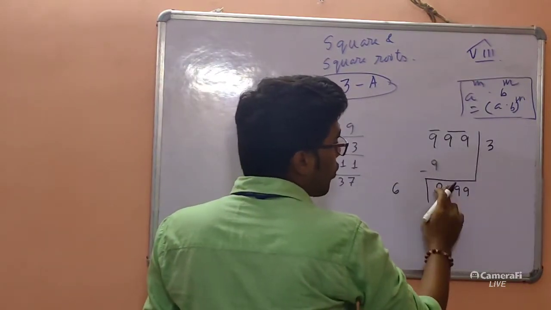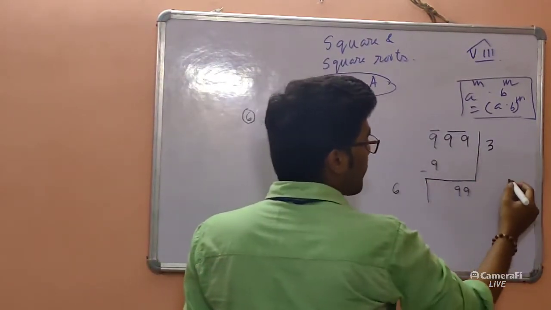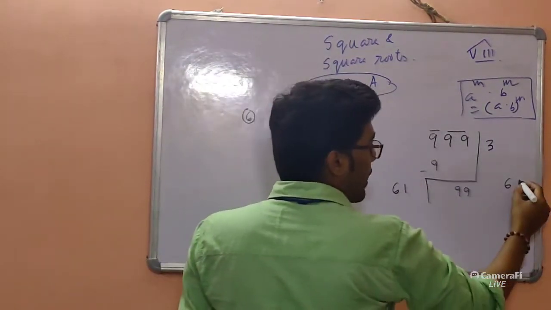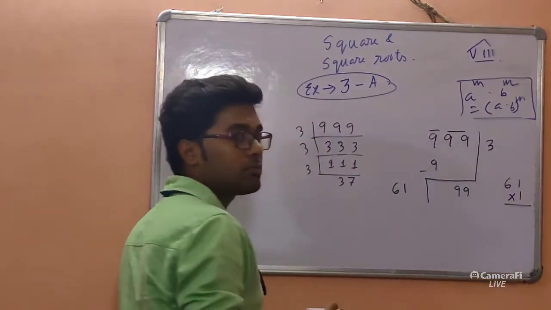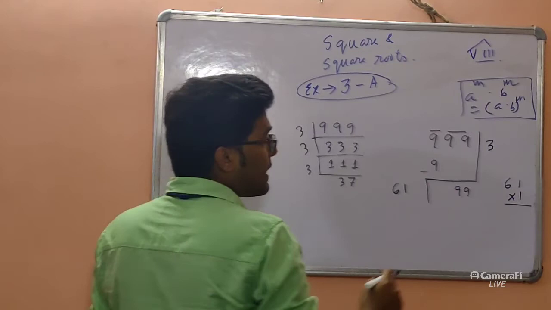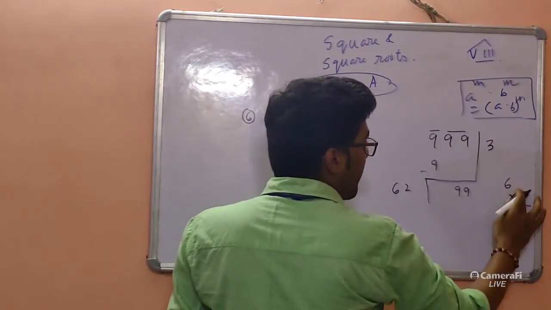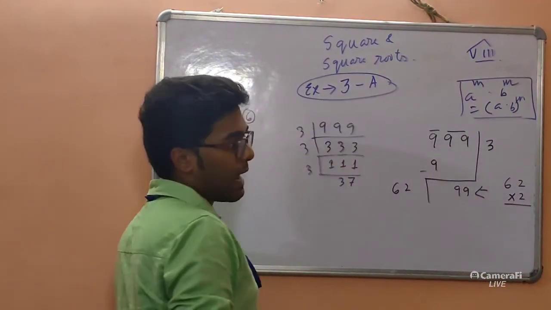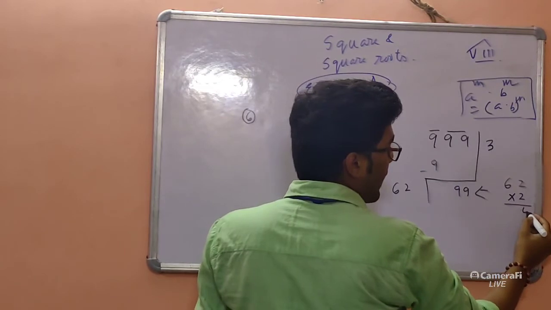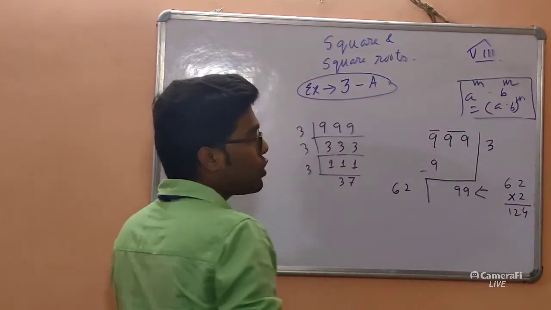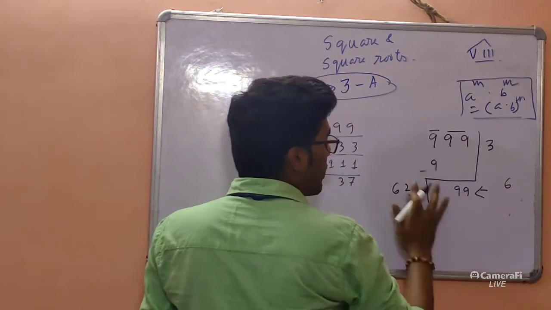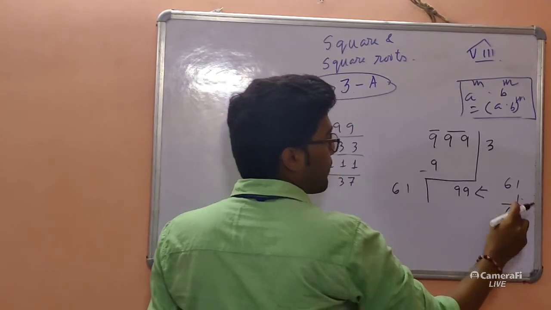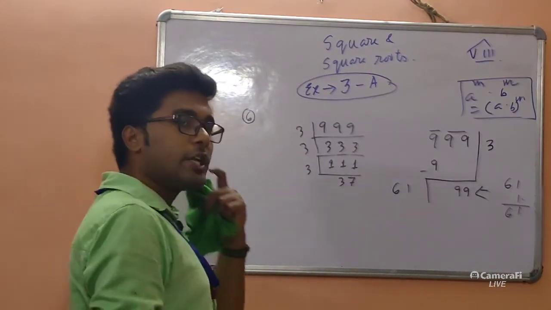Now we go close to 99. How? Whatever number we will write, suppose here I write 1. Therefore I have to multiply this by 1. Understood? If I write it here 2, then I will multiply 62 with 2. But we need to go close to 99. So as you see, if I multiply, it is more than 99. So it cannot be used. Therefore we are using 61 into 1. Clear? So we have 61.